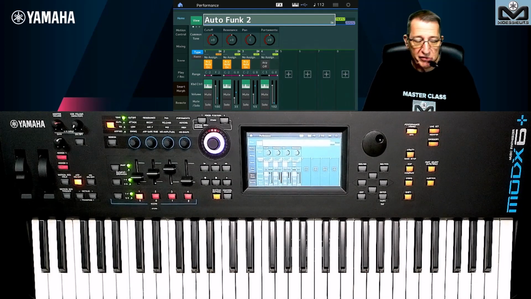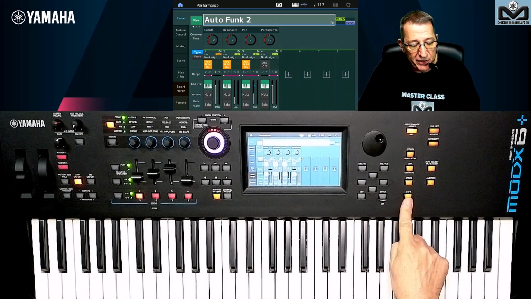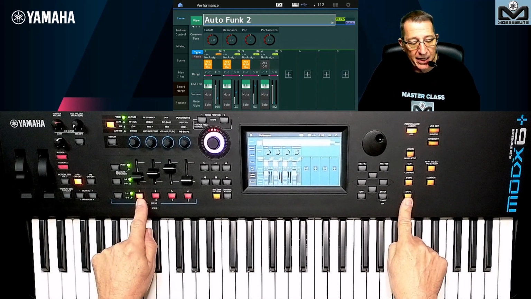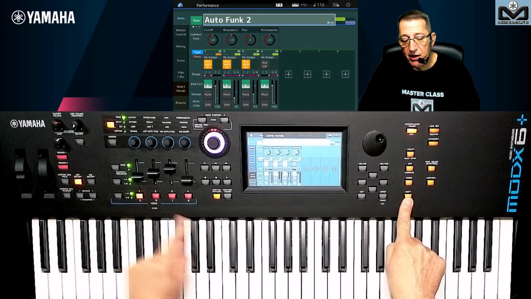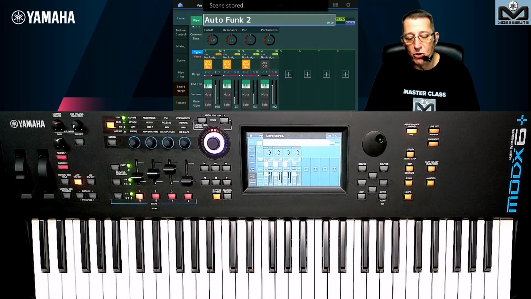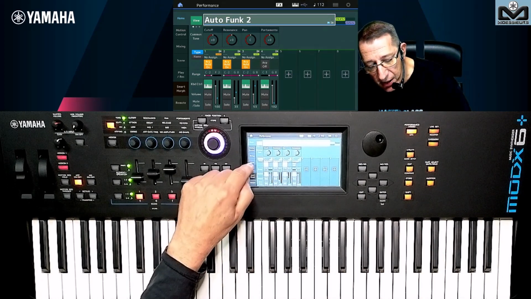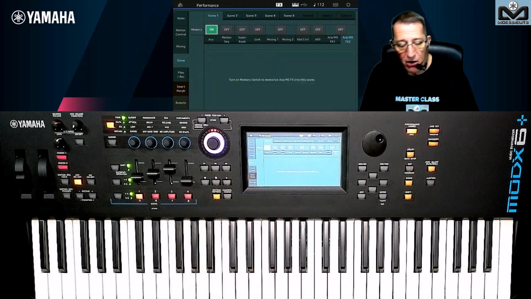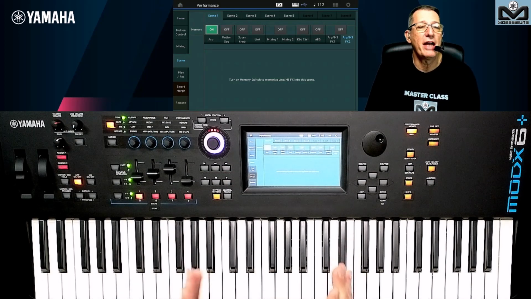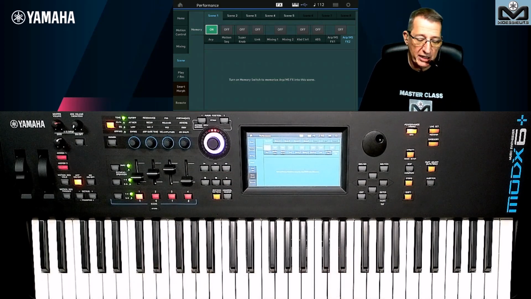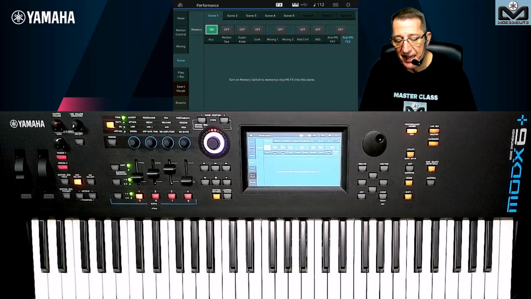To store things, use Shift and press at the same time, and you have this scene store information. But for my part, I really prefer to go directly here on the screen, because here you see clearly what you have done. It helps you not make mistakes, I would say.